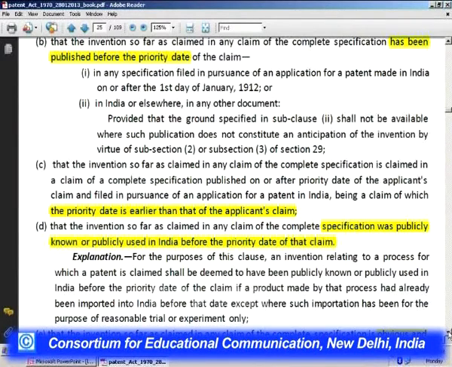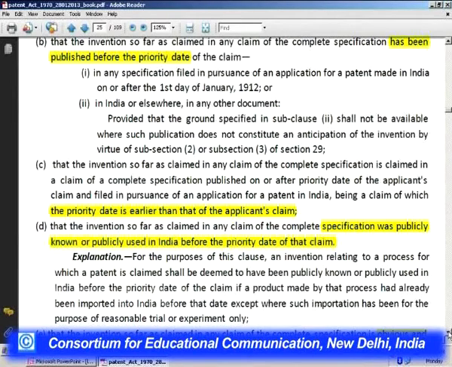ground mentioned under 25(1)(c), it is the ground which says if one files a patent application and thinks that his application is the one which has been filed surpassing other patent applications in terms of an earlier date, if he believes that his application has been filed on the first date, when nobody else has filed an application for obtaining the patent, and if somebody alleges that his patent application with a complete specification is not the one on the priority date, rather somebody else's patent application on the same claim is on an earlier date than the applicant's claim,